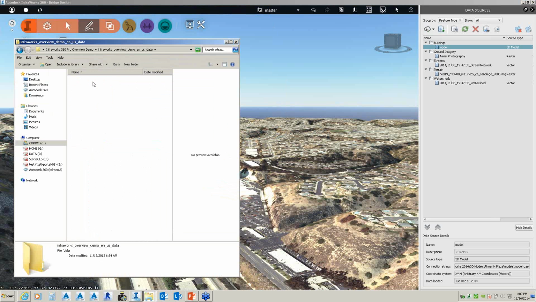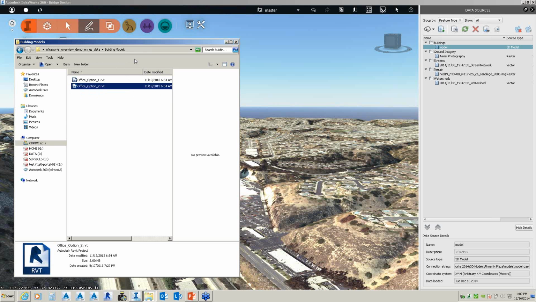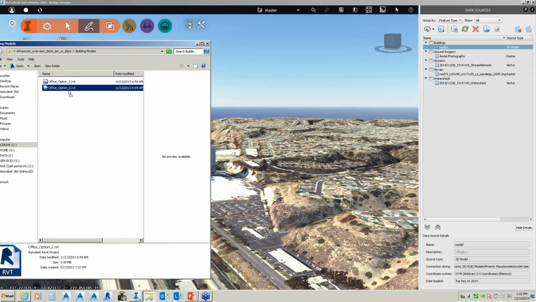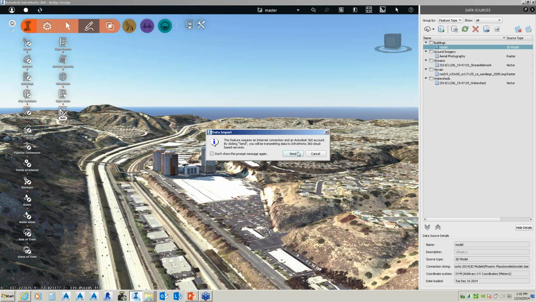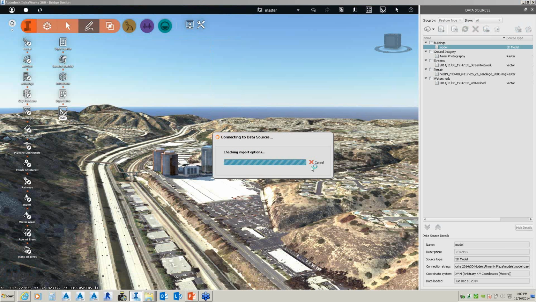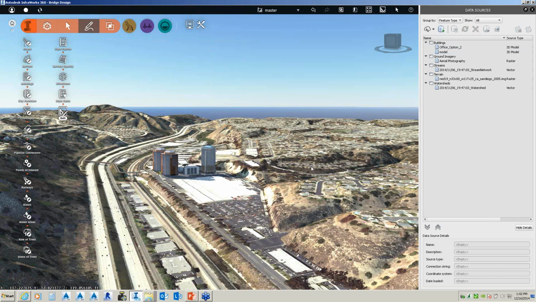And again, remember, we can just drag and drop if we wanted to. So I have some options in reference to bringing in a Revit model. So I'll just pull it. I'll drag it right in. And it says this feature requires internet. That's going to be okay. So again, in the context of what the site would look like if we did no design work. So I'm going to double pick on my Revit model here.